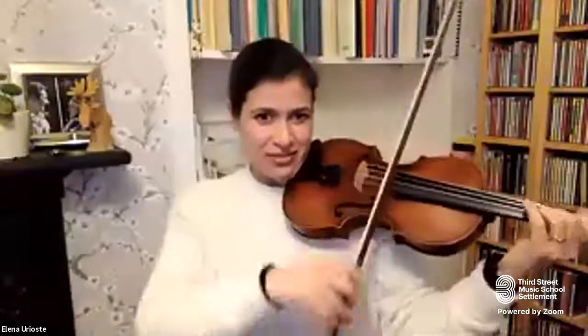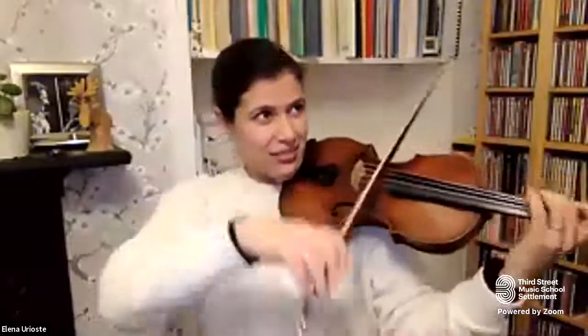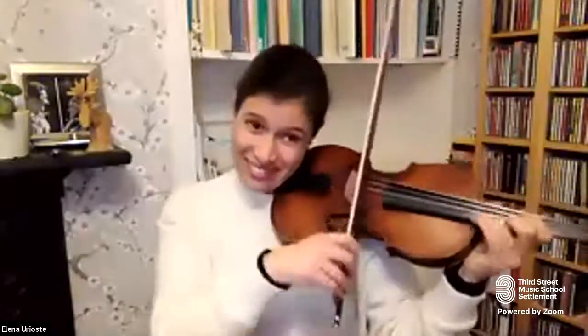Sorry to make you stop. I'm going to be really picky about this because it's important and it's because of what he wrote. So we've had eighth notes up until now, right? But now we've got our first sixteenth note in this context. I think things like this need to be really sharp and obvious. And then also this isn't that long. I'm sorry to be picky about this, but I think if you just are prepared now for...